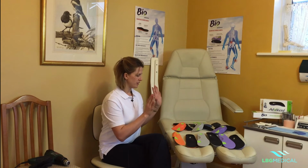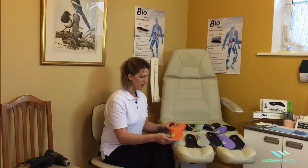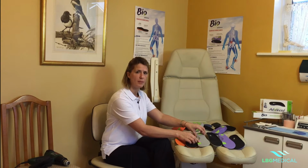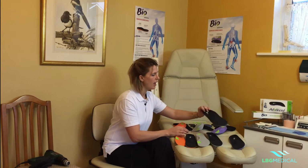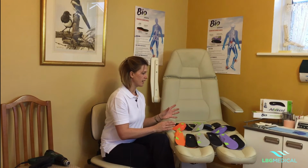So first off this morning we're going to look at the Bio Advanced. We're looking at this one first because this is by far the most popular device, and that's really because it's so versatile. So you've got 6 in the range and they're nicely colour coded as well, so you can tell the difference. The orange ones are high density, the grey ones are medium density, and the purple ones or the lilac ones there are low density. Now we can get them in full length or 3/4 length, and they all come with additions as well that